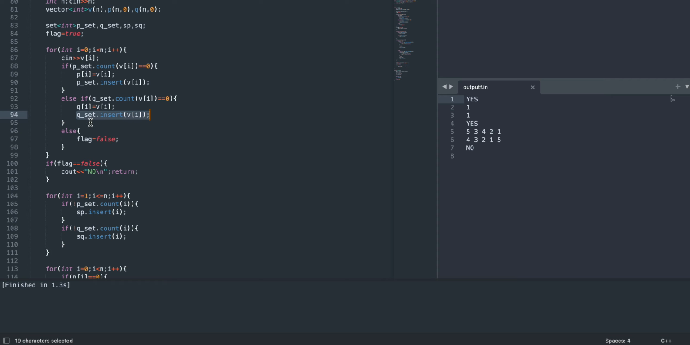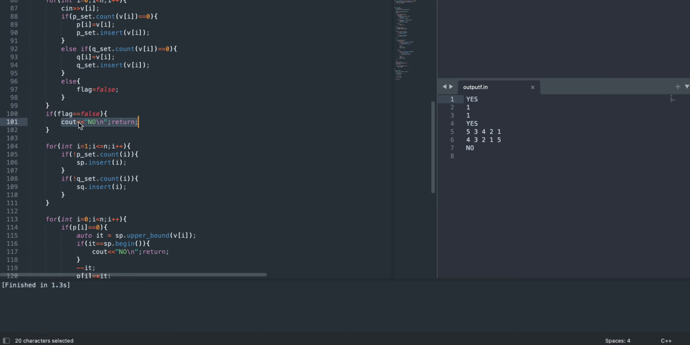If both conditions are false, that means our answer does not exist. That's why we apply a flag. The flag becomes false. Initially the flag is true and now the flag is false. After iterating this loop, we check if the flag is false. If the flag is false, that means our answer does not exist, then we have to output no. And if the answer exists, then